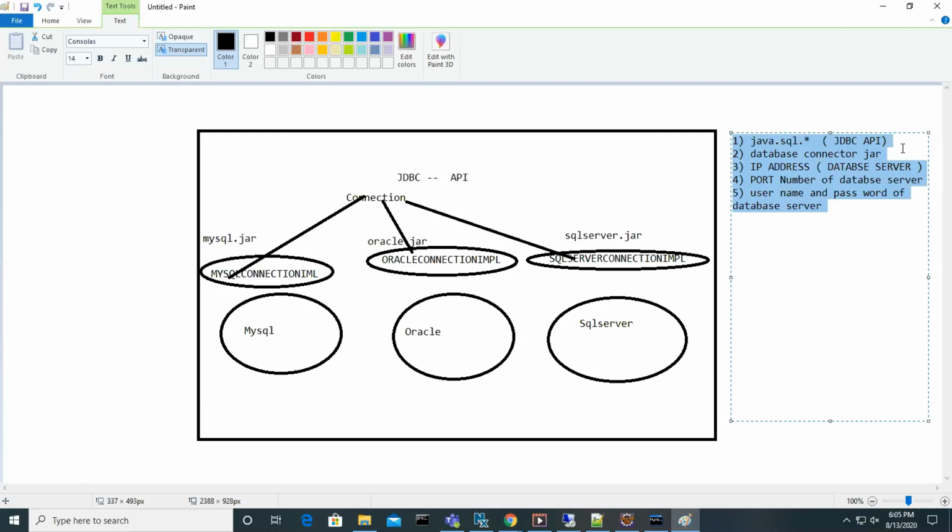Okay. So now let's discuss one by one, guys. Where is java.sql available? Where can you get this? Java API, sir. Java API. When you install the JDK, it contains by default many libraries and APIs: java.io, java.sql, java.lang, many things we use, right?